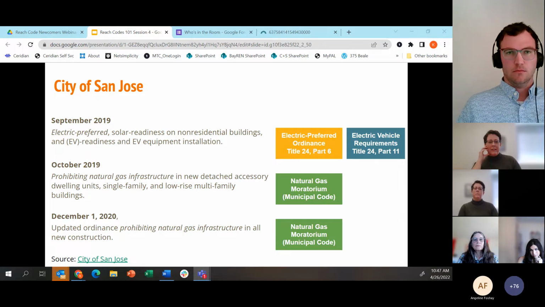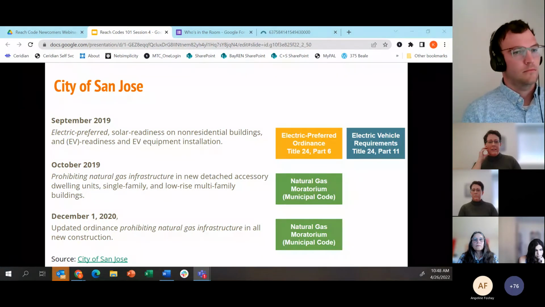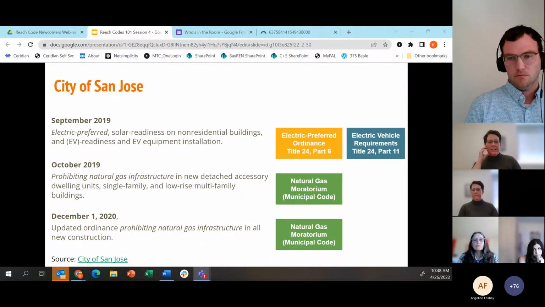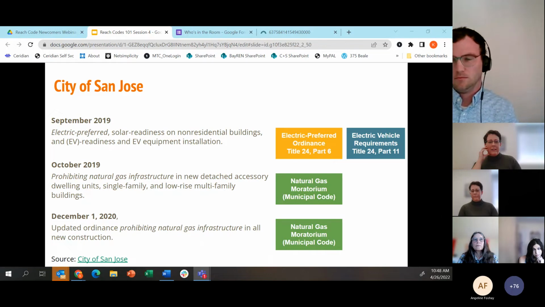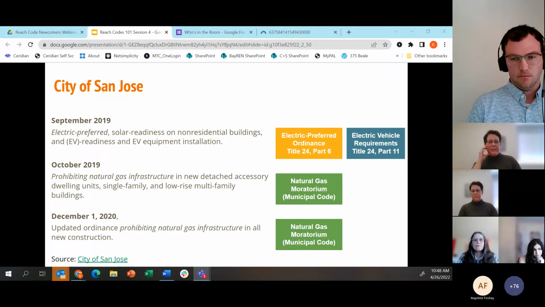The point, however, that I would like to underline is that whenever you're increasing energy efficiency or increasing generation requirements, the process is exactly the same, regardless of how you stack that in the code. And it falls under what was just described as the Part 6 approach. So needing to have cost effectiveness and go through the CEC approval process. So hopefully that clarifies. It is a little muddy because it does continue to evolve.